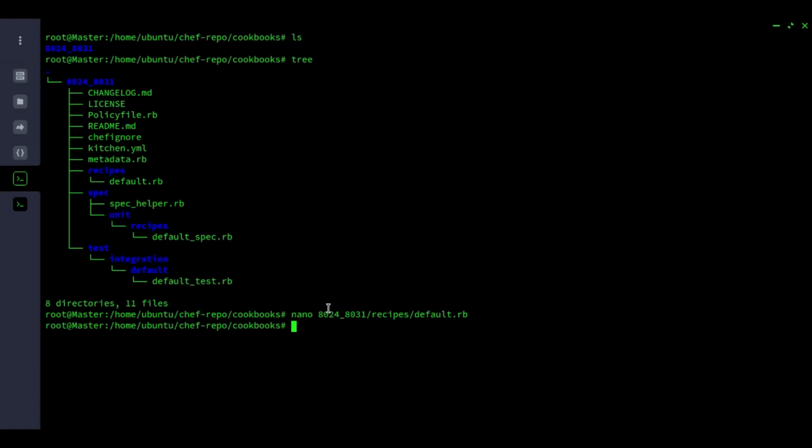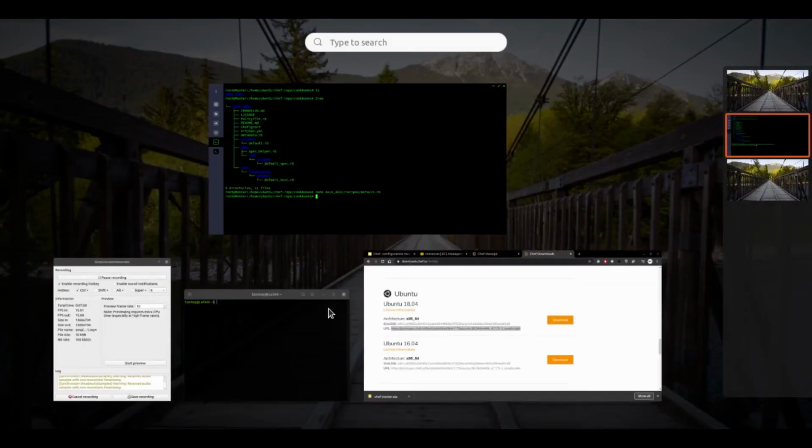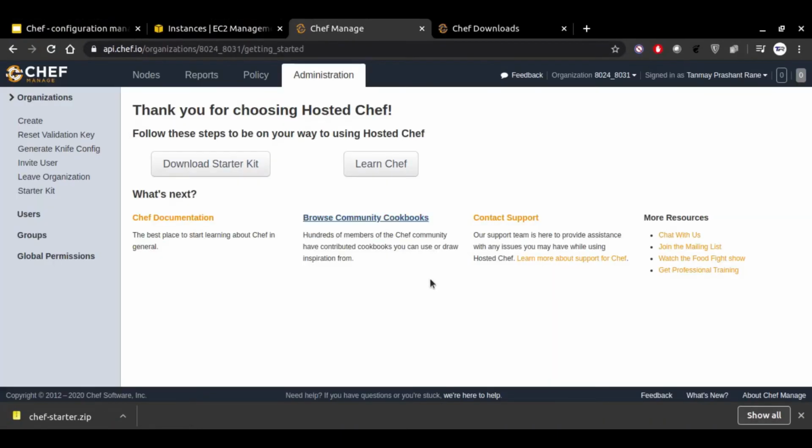Now once this file is generated, we first have to download a file called starter.zip, a starter zip of Chef, from the server. In order to do that, you have to go to manage.chef.io, create an account, and open an organization. Here my organization is 8024_8031.